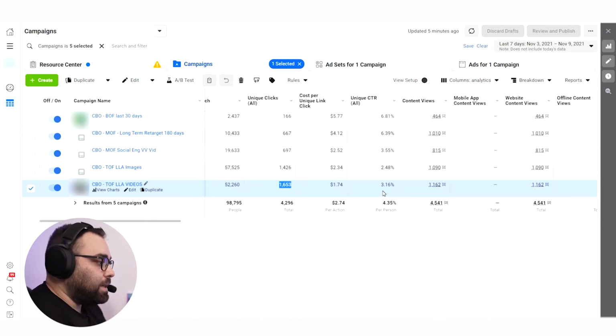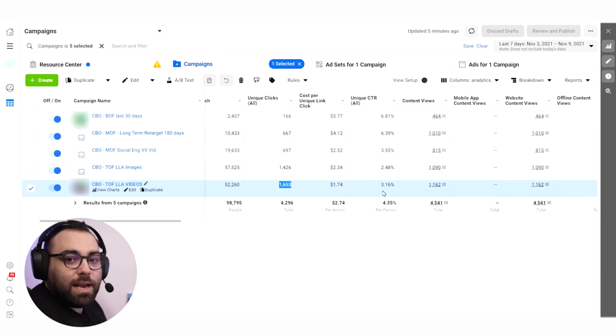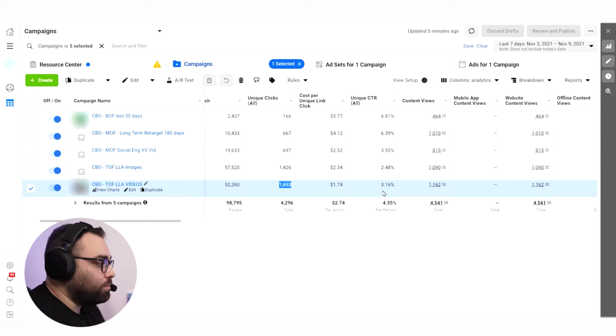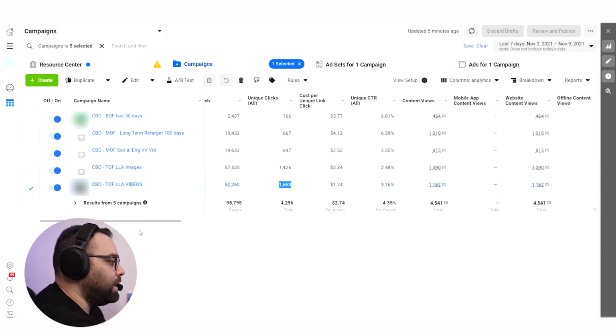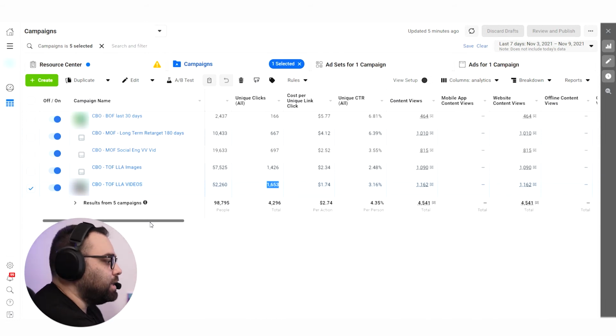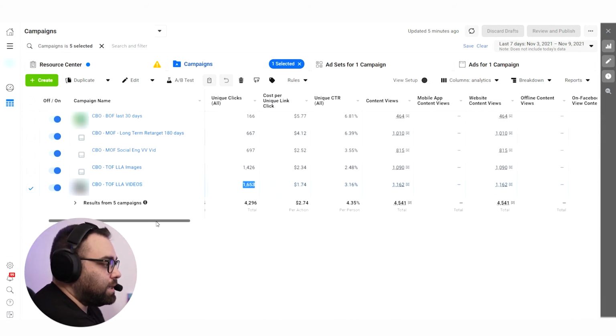It means that the people have actually watched fewer products than the number of clicks. So we know that as we move to the middle of funnel and bottom of funnel, we will have more content views. But imagine, for example, watching in your content views that somebody is clicking from the top of funnel, cold traffic, and they are actually watching more than 1 or 2 products.